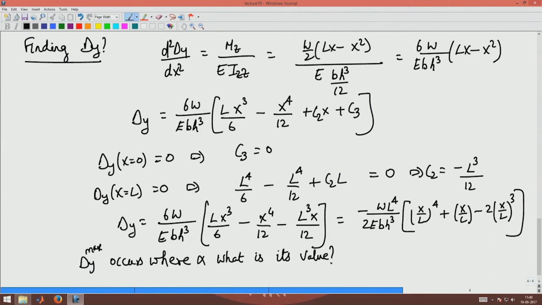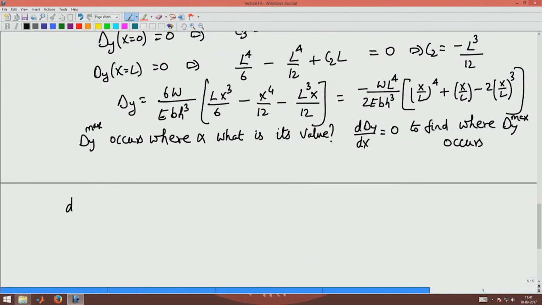Now, to find delta y max, I have to set d delta y by dx equal to 0 to find where delta y max occurs. So, d delta y by dx would be minus w L power 4 by 2 E bh cube